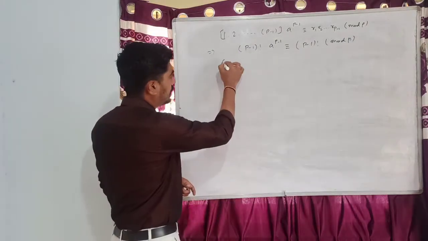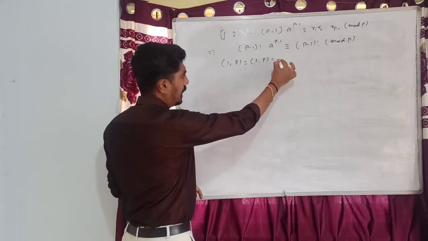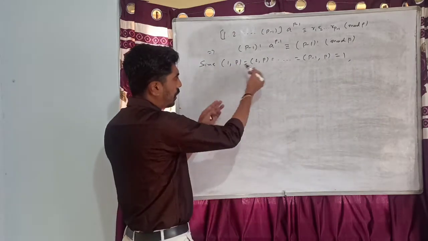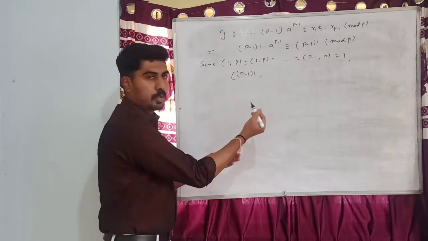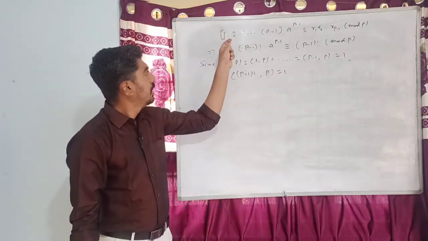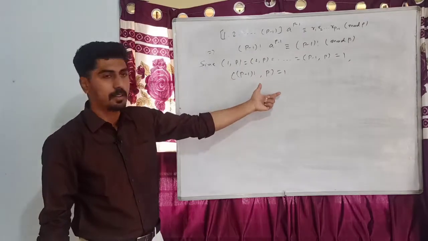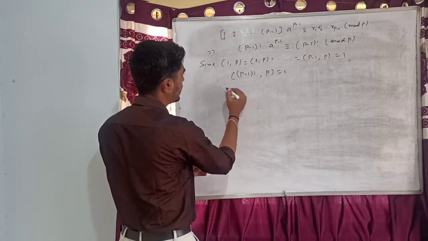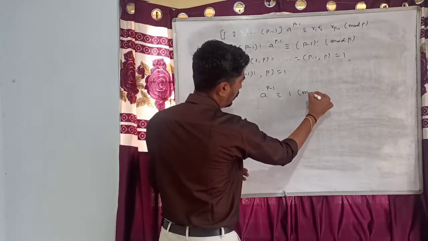Now GCD of 1 and P is 1, 2 and P is equal to 1, and so on, and hence the product of these terms, that is P minus 1 factorial, is also relatively prime to P, right? Every element here is relatively prime to P, so the product is also relatively prime to P. So when I cancel P minus 1 factorial on both the sides, I get here a power P minus 1 is congruent to 1 modulo P